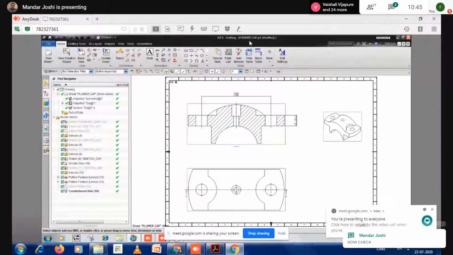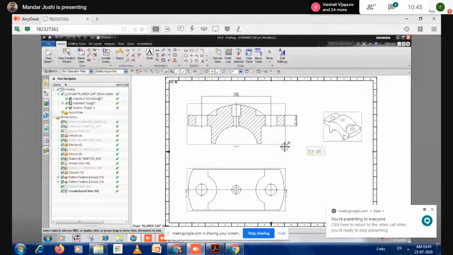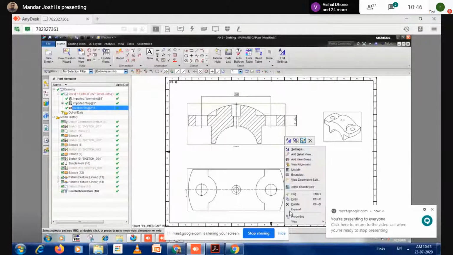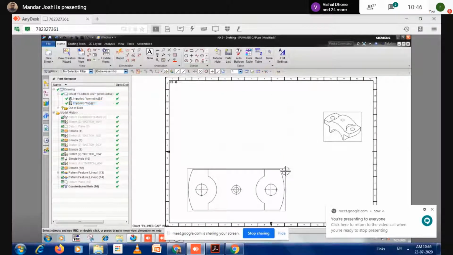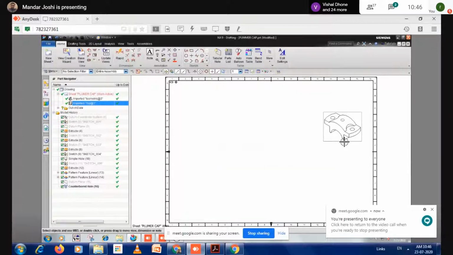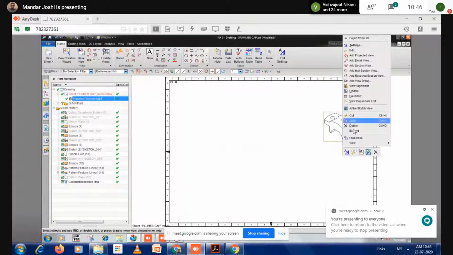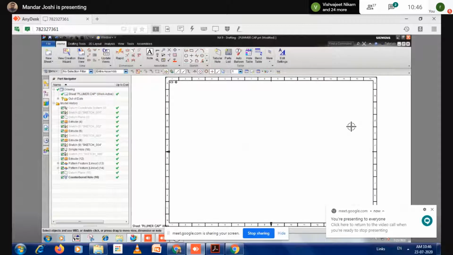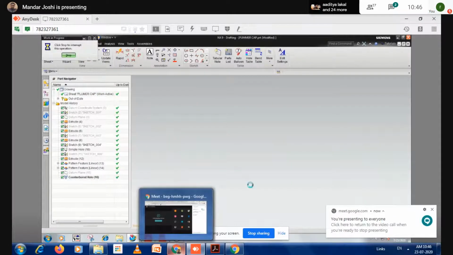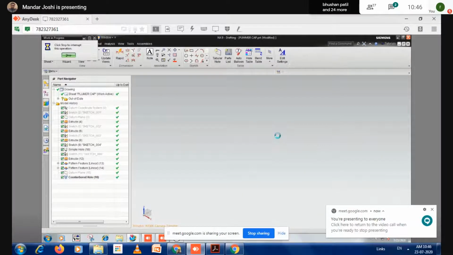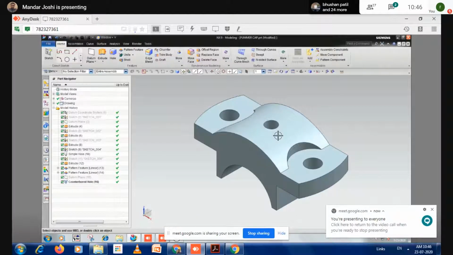First, I open the model. Go to the model. I just delete all these views. Press the M key, that is to enter the model. So this is the component you will see.